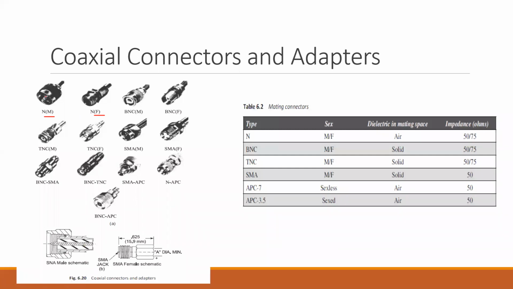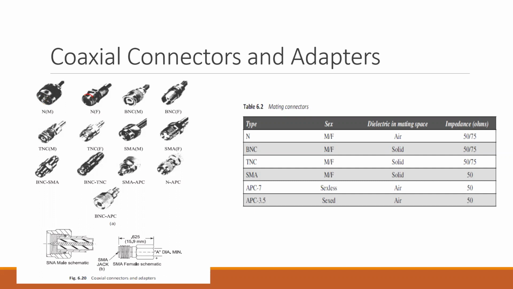How do I identify whether it is a male connector or a female connector? Whenever you observe the connectors, if the threadings are inside, that is what we can observe here. This is a schematic or a cross section. The threadings shown over here are present inside those connectors. There is a casing on top, and within that casing you have this. Inside that casing you will be having the rods, and you will be using this for connecting. If this is the case, this will be classified as a male connector.